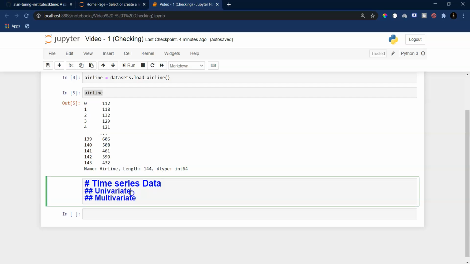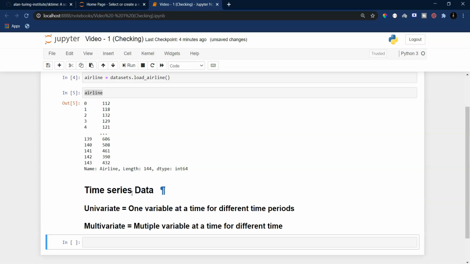So we can say that univariate is where we look at one variable at a time for different time periods. For multivariate time series data, we see multiple variables at a time for different time periods.